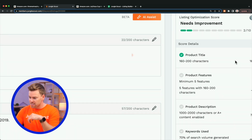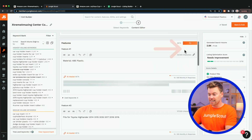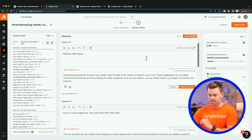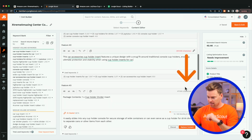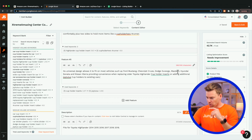We're in between 160 and 200. Okay, now let's come down here to the bullet points, and again, clicking AI Assist, but this time it would generate bullet points for all 5 of these. So I'm just going to replace content here, accept all these changes. And then again, you'll need to come back and edit this, of course, but right away I can see that